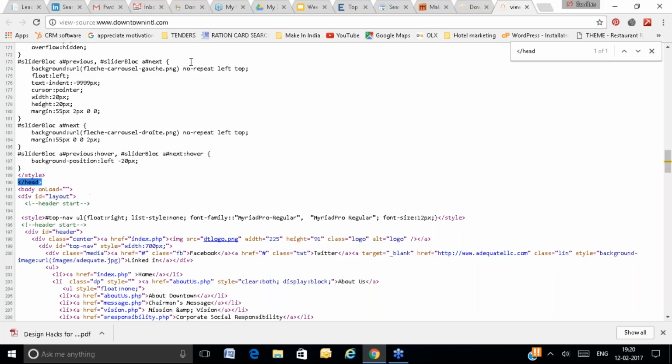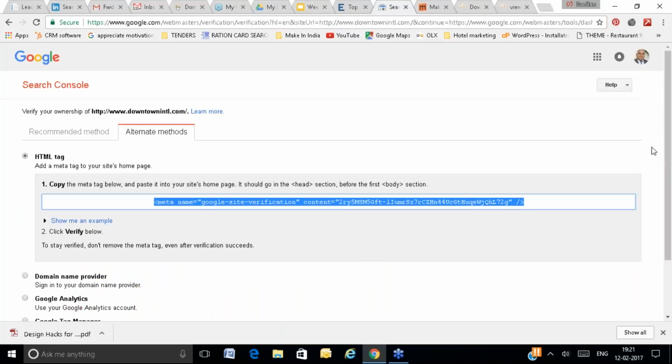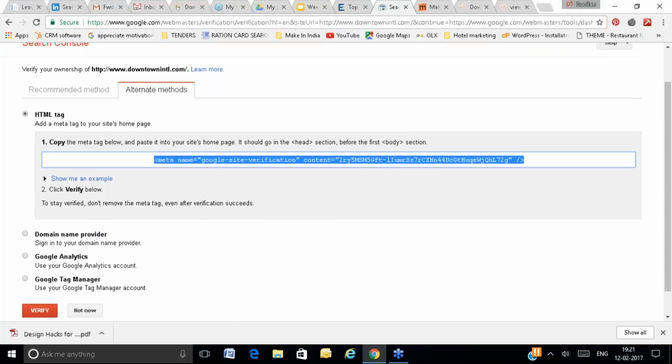Right now I can see the code, but I cannot place it because I don't have rights to edit this code. If you have rights to edit the code, you will download the file, place the code just above the head tag, and then you will come back here and click on verify.